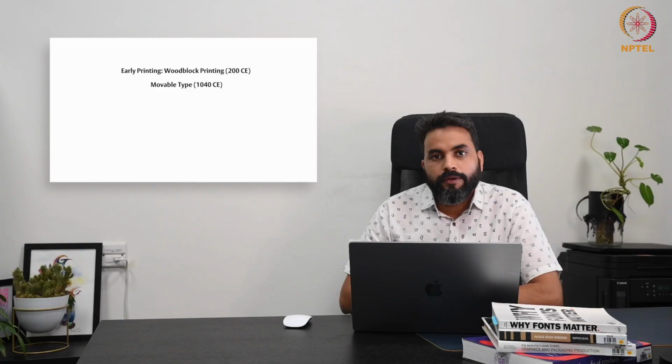This is one of the early examples of woodblock print. The process was very time consuming, and you cannot easily reuse the text or the blocks again and again. So after a certain period of time it will be damaged, so you have to recreate it again. Now the